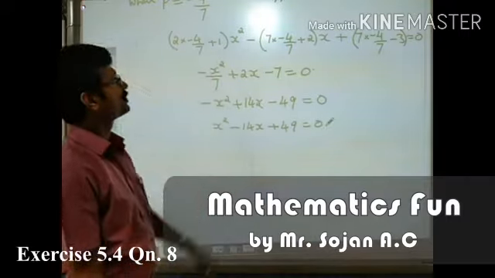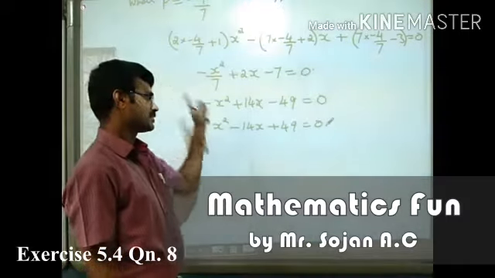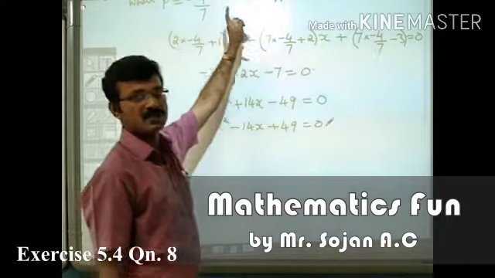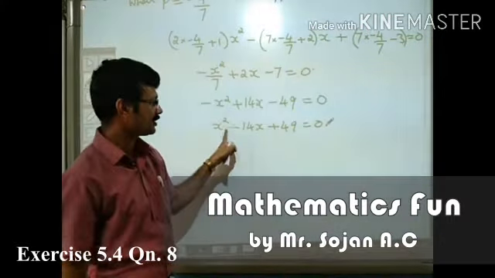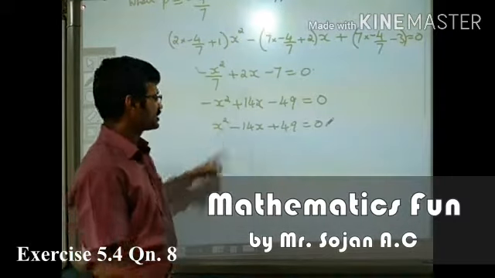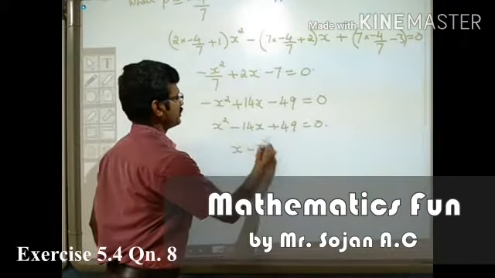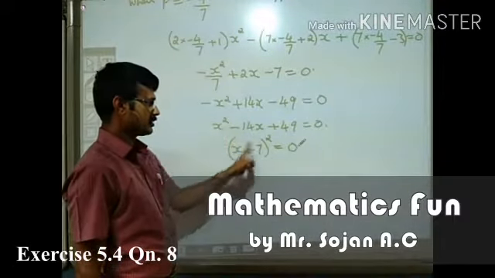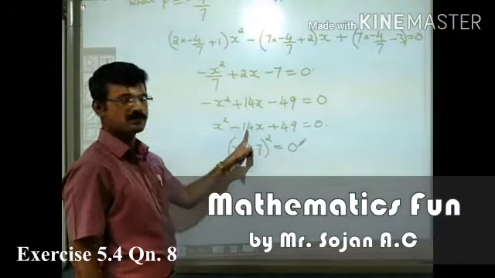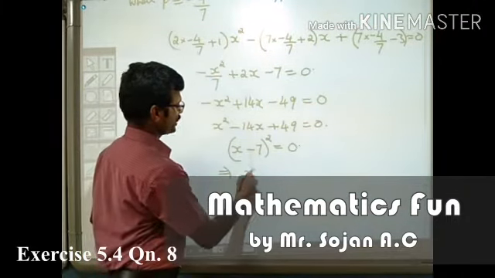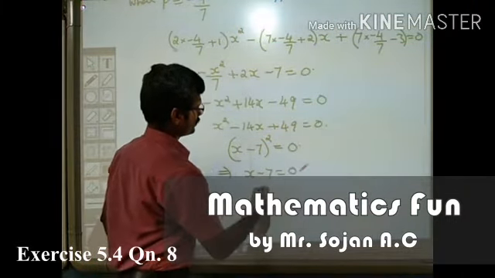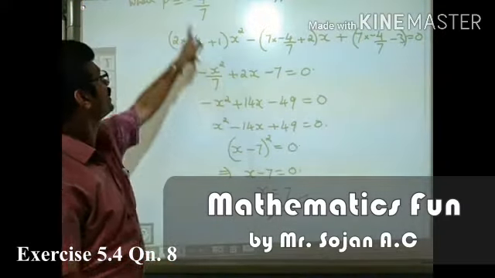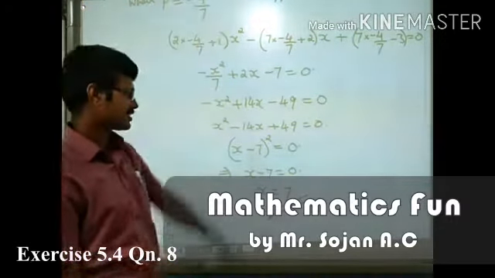Here also we can use the same concept. Since it is a perfect square, it means the quadratic is having equal roots, it must be a perfect square. So if you observe, it is just x minus 7 whole square. x square, 49, 2ab, this will come. So this implies x minus 7 is equal to 0, x is equal to 7. So this is the value of x when p is equal to minus 4 by 7.